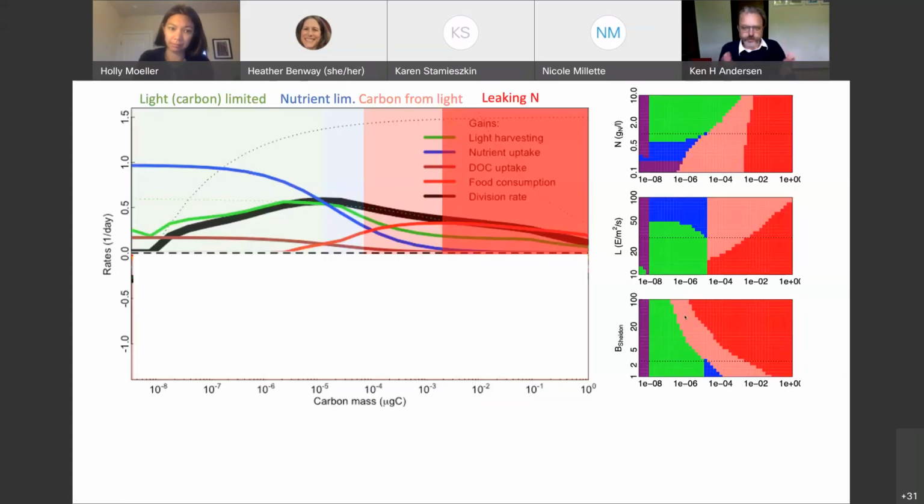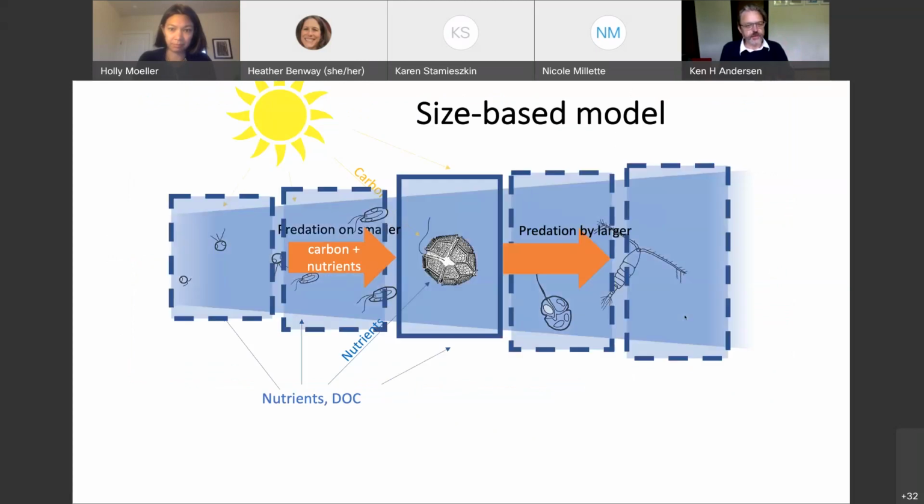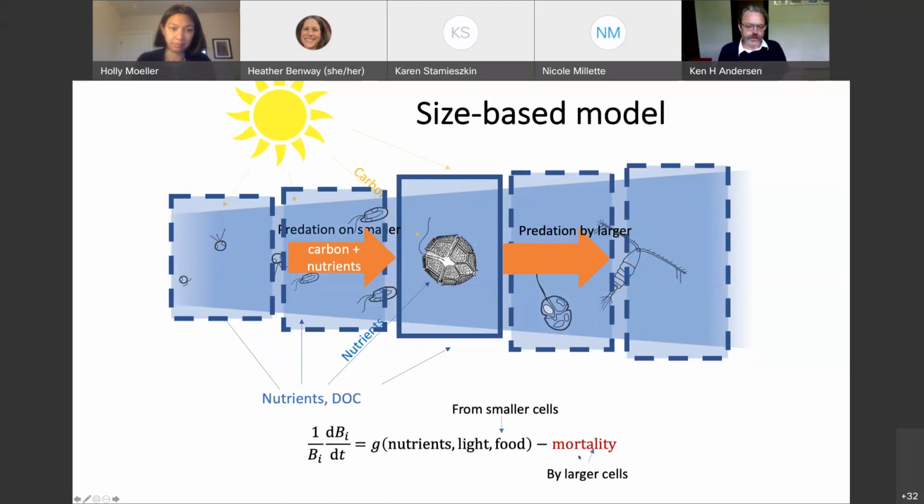Yeah, okay. So you see, actually, just from these very simple principles of the bioenergetics of the cell and the size-based scaling, I get a very, say, rich system of different trophic strategies. But that's just not really a model. So what I'm doing now is taking that description I had before, saying I have a cell that can take up carbon, nutrients, etc. It can predate on smaller cells, and I make a lot of these individual cells here. So I have a complete spectrum of different cell sizes, and describe them with, this is a